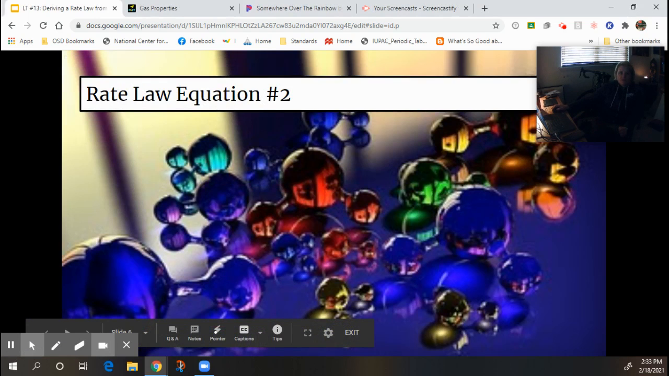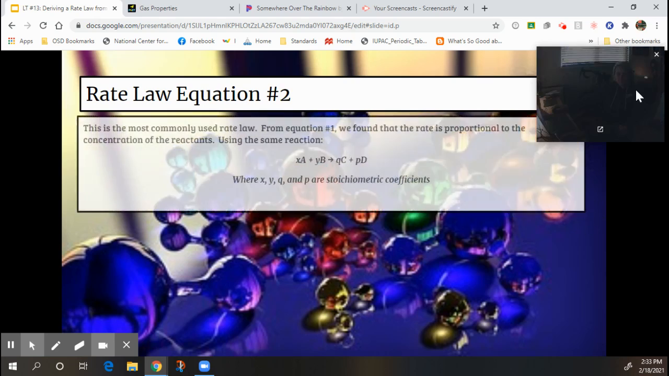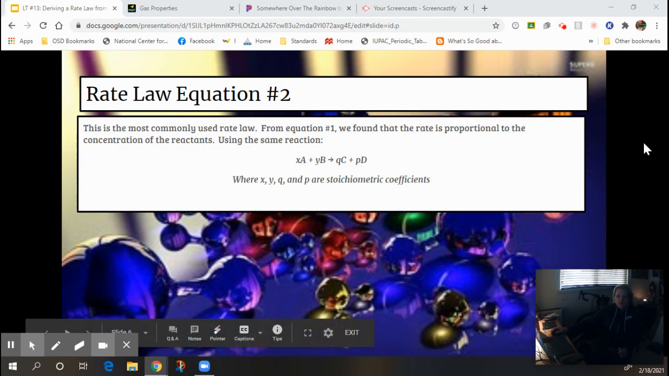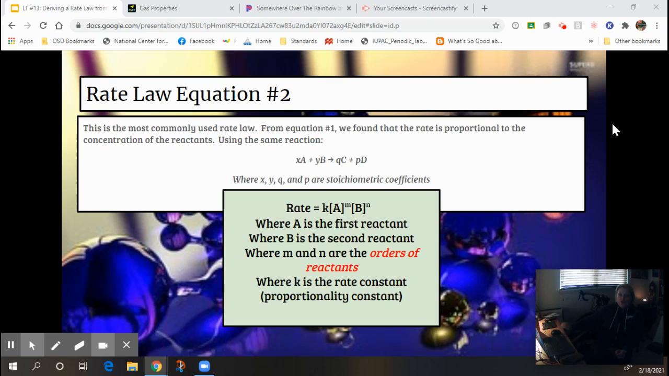All right, so let's look at equation number 2, which is going to make a little bit more sense. Same equation, same general form here, where I've got A plus B making C plus D, and X, Y, P, Q are going to be your stoichiometric coefficients. We can derive this following rate law equation, and this is going to tell us the actual speed at which